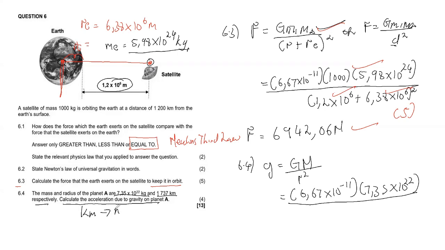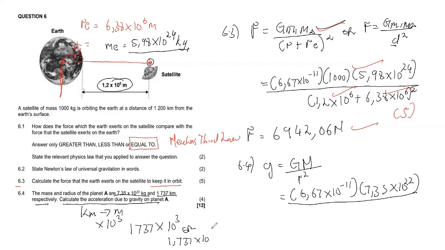Kilometers to meters, how do we convert? We multiply by 10 to the exponent of 3, which is 1,000. Then 1737 times 10 to the exponent of 3. That's it. So you can either just write it like this, or if you choose to write it in terms of decimals, using your scientific notation, this will still be